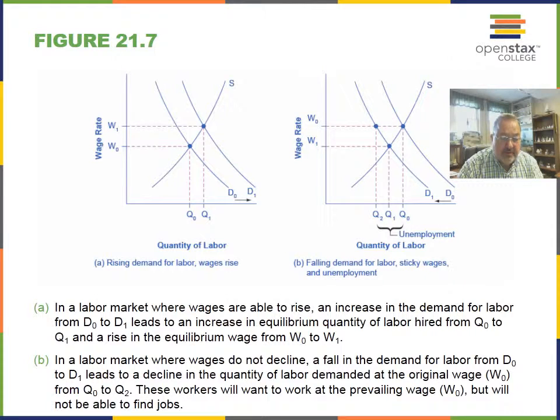The second graph, B, is depicting a decrease in the demand for employees, and this could happen in a recessionary period. In a recessionary period, the workers are laid off. They're looking for work at their own wage rate, at their prevailing wage, and they're not able to find any, so they're unemployed. There are fewer employees employed, which leads to that lower wage rate.